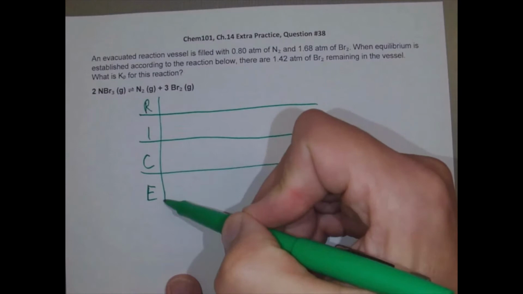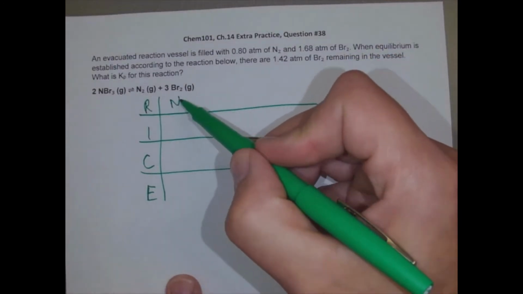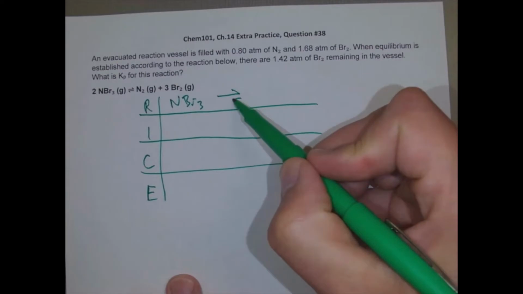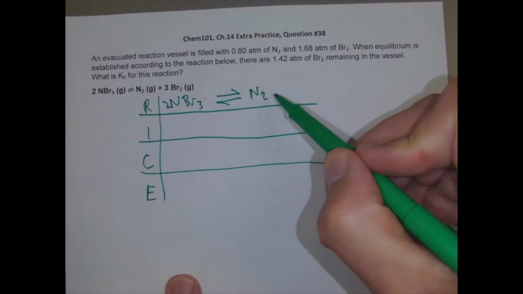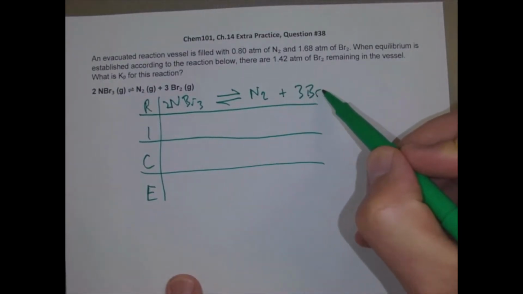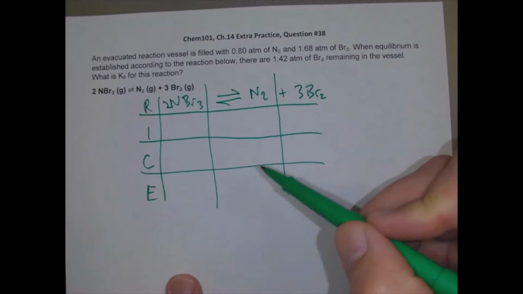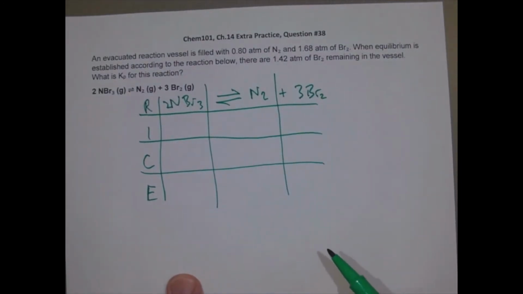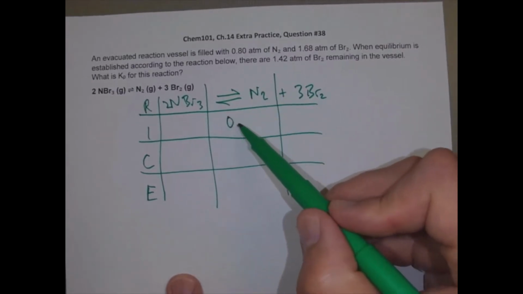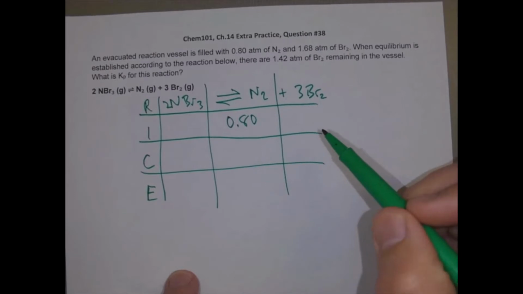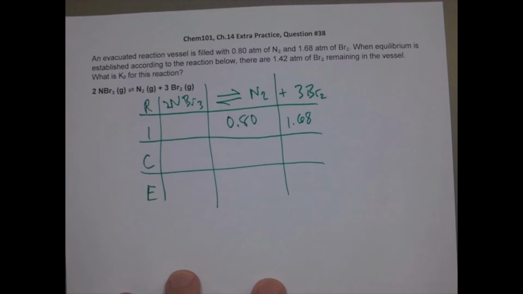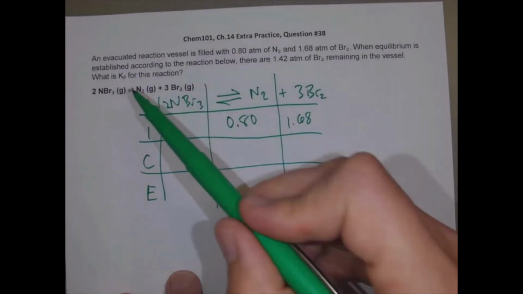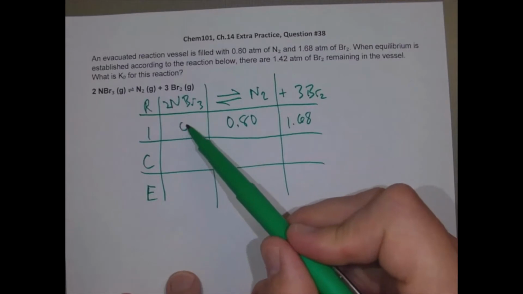and then everybody in the reaction gets their own column. So we've got the NBr3, and that reacts to form N2 and 3 bromines. Okay, so make those our columns. All right, and look at what we're told to start filling in some of the blanks here. We have 0.8 atmospheres of the nitrogen, and we're told that we have 1.68 atmospheres of bromine. And again, because nothing is said about the nitrogen tribromide, that means there's